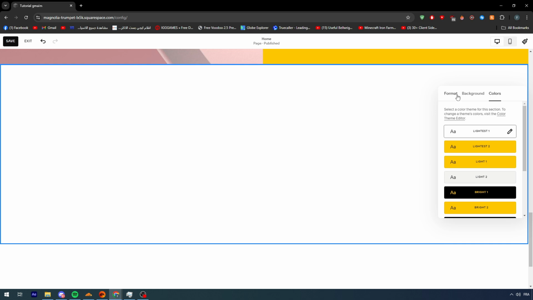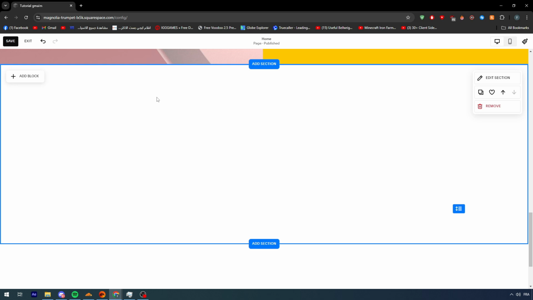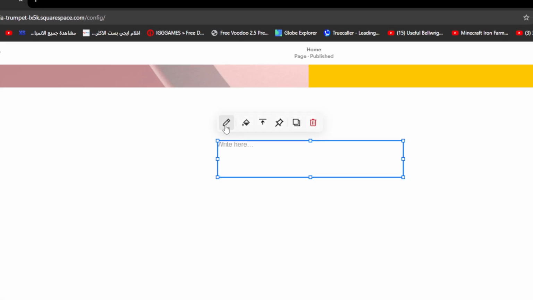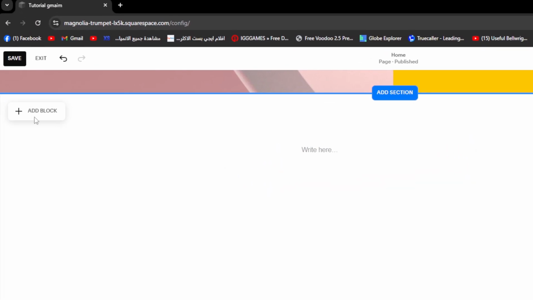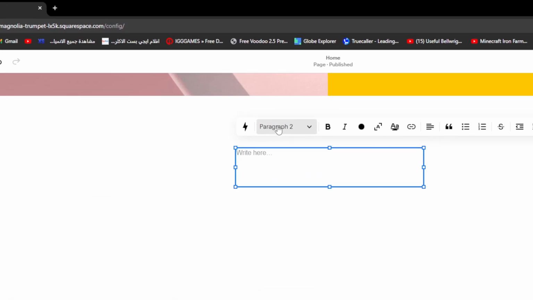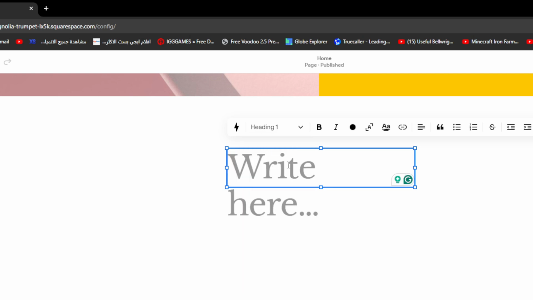Now here I will edit the section by changing its color. I'm gonna add formats and this will allow me to view the grid. I'm going to add within this section another block. I'm going to name it, choose it to be a text, and I'm gonna put it right here. So there are multiple types of text that you can choose. Of course, there is, as you can see, paragraph 1, heading, etc. Go with heading and choose download